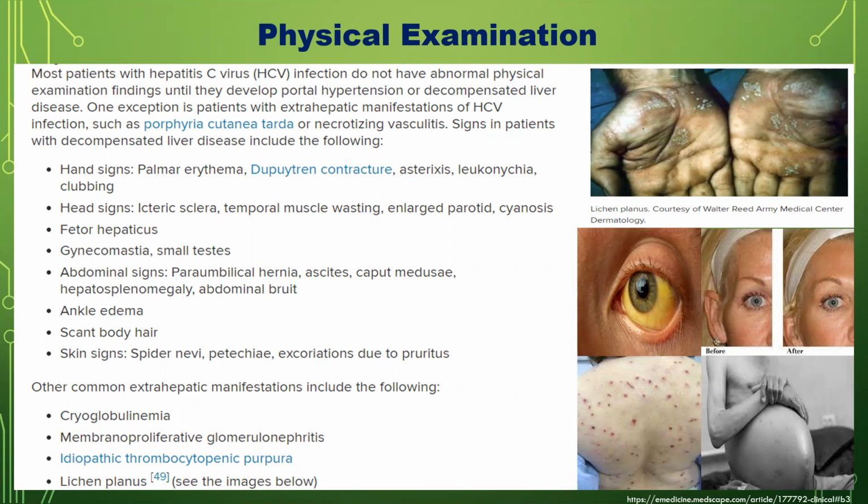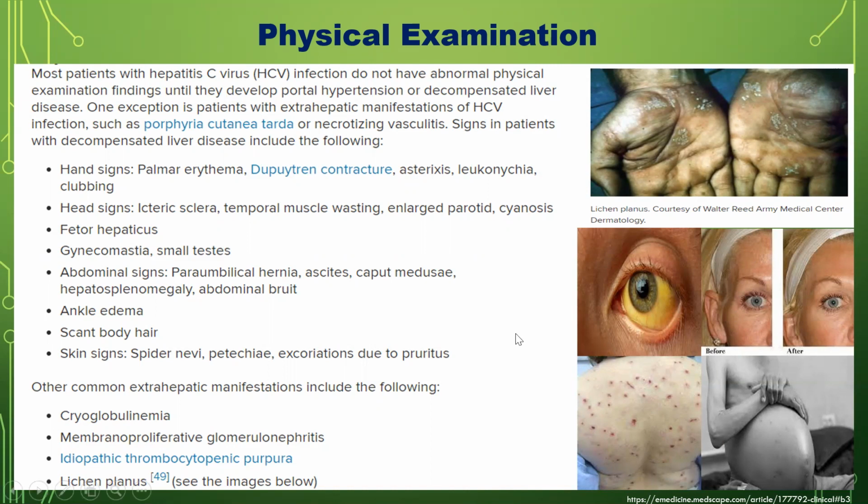signs of decompensation or of hepatitis C chronic infection include the following: pulmonary edema, Dupuytren's contracture, asterixis, leukonychia, or clubbing, icteric sclera, temporal muscle wasting, enlarged parotid, cyanosis, fetor hepaticus, which is an unpleasant, sweetish smell from the patients, gynecomastia and small testes in males, paraumbilical hernia sites, caput medusae, hepatosplenomegaly, abdominal bruit, ankle edema, scanty body hair, spider nevi, petechiae,